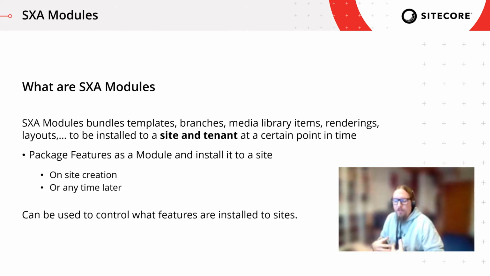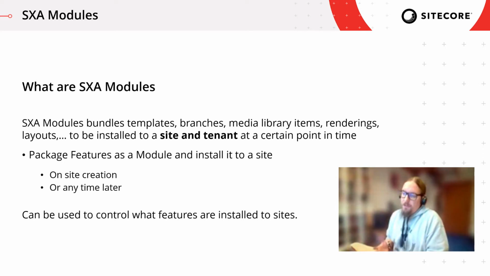This way you do not have to decide on site creation if you really need all the modules that are available, either the out-of-the-box ones, or if you have any custom modules created, if you also want to install them right from the start. You always have the chance to do it later, and our advice is usually not to install all the modules immediately, especially on a production site, because then you have to clean up everything afterwards, and that might be a bit of work. So install what you need and then go further, and if you miss something, install it later.